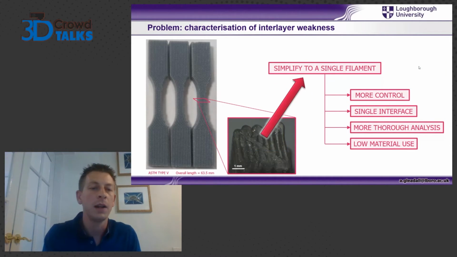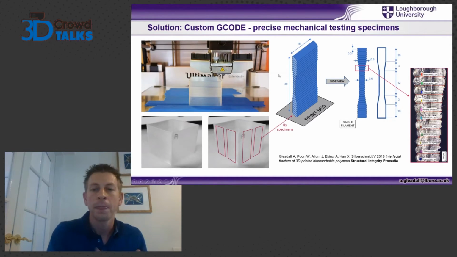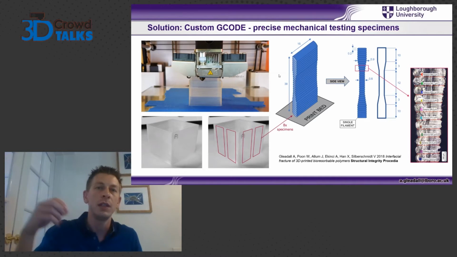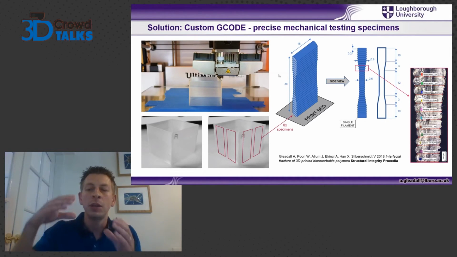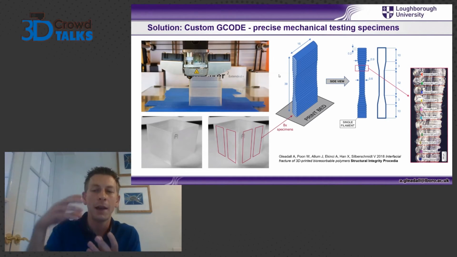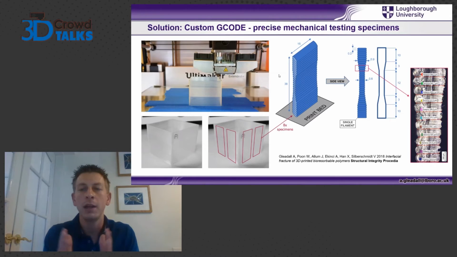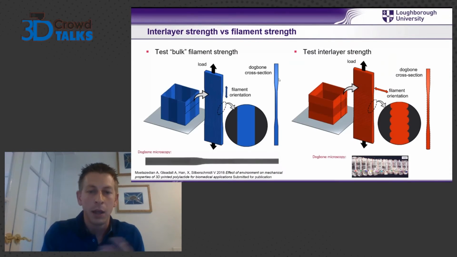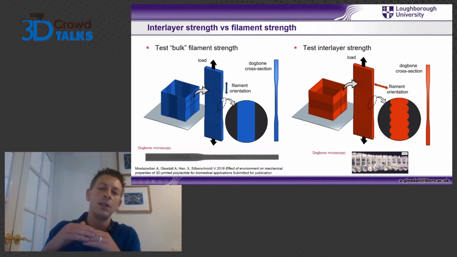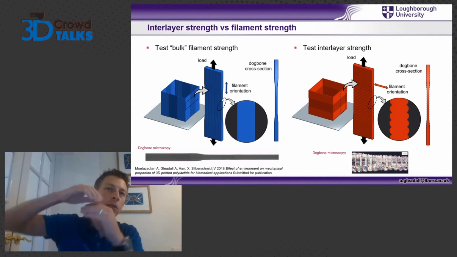So we basically simplified it and just printed a single filament on top of itself to produce this hollow box specimen. We put in this idea of varying the filament widths to achieve the Dogbone specimen, so we can test it. If we don't do that, then when you clamp it in your machine and pull it apart, the clamps just damage your structure, even just a small amount. They have to damage it when they clamp it, and that means that it will just fail in those grips. So we need it to be wider in those grips so that it doesn't fail there. And then we did it also in the direction of the filaments. So we were testing the direction, if you're printing your filaments this way, testing in that direction, or if you're printing your filaments that way, also testing in this direction